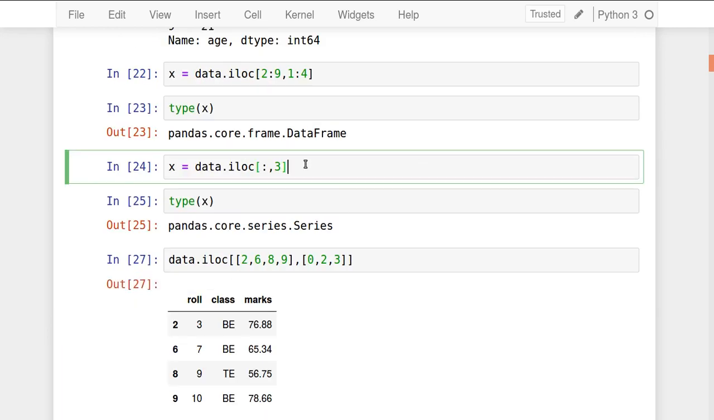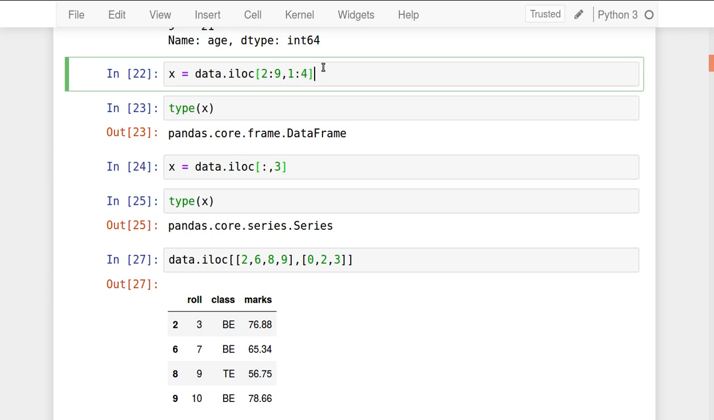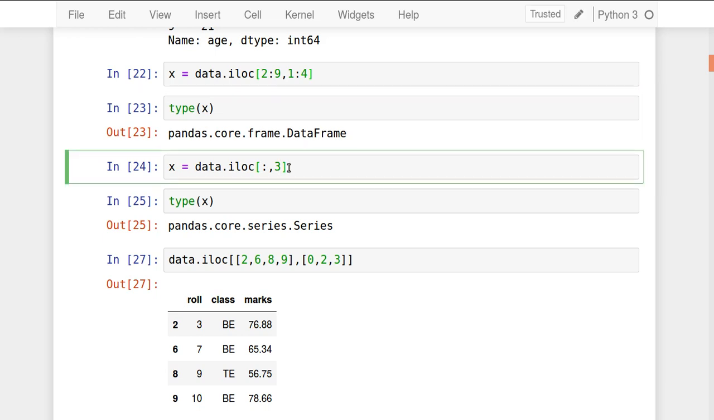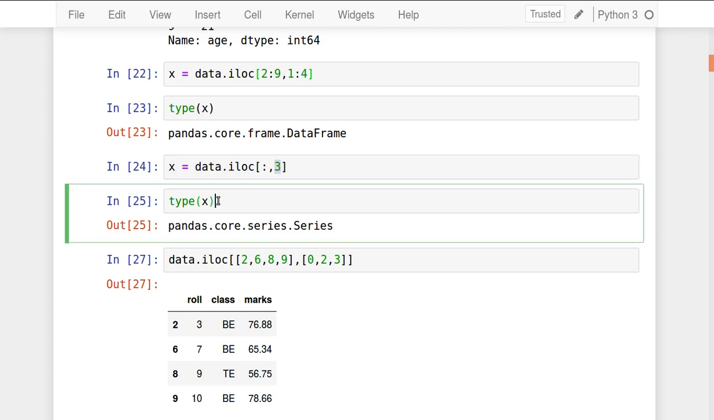One thing I need to mention over here is that for this particular case I am extracting rows and columns. So row number 2 to 8, column number 1 to 4. So the subset X is created here. If you see the type of X, it is a data frame. Okay, but if you extract exactly a row or a column, the data type is different. So for this case I am extracting column number 3. Okay, exactly column number 3, and if you see the type of this X, it is a series object, it's not a